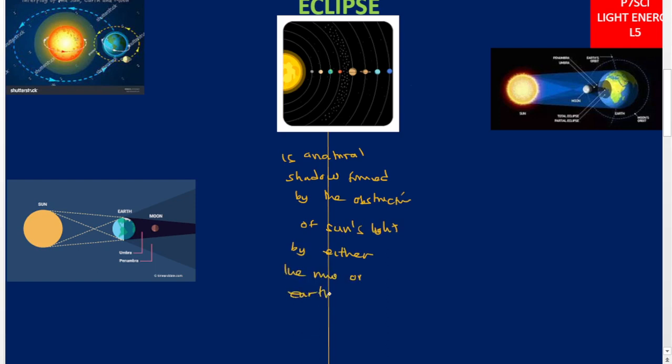Once again, we are saying that an eclipse, this word is eclipse, is a natural shadow formed by the obstruction of the sun's light by either the moon or the earth. So when you look at this one, this is the galaxy,